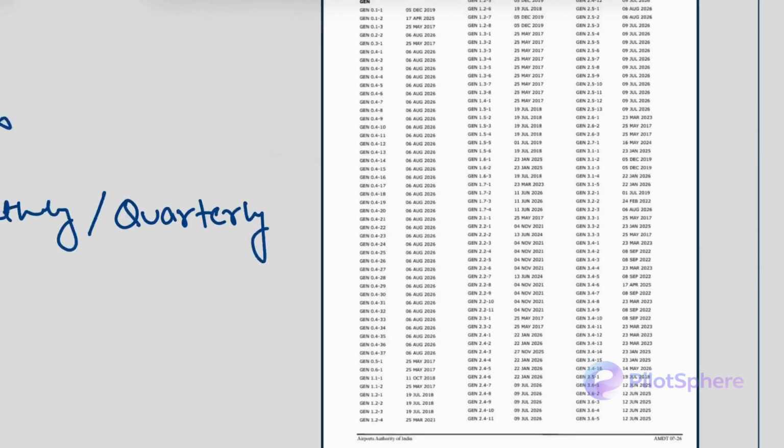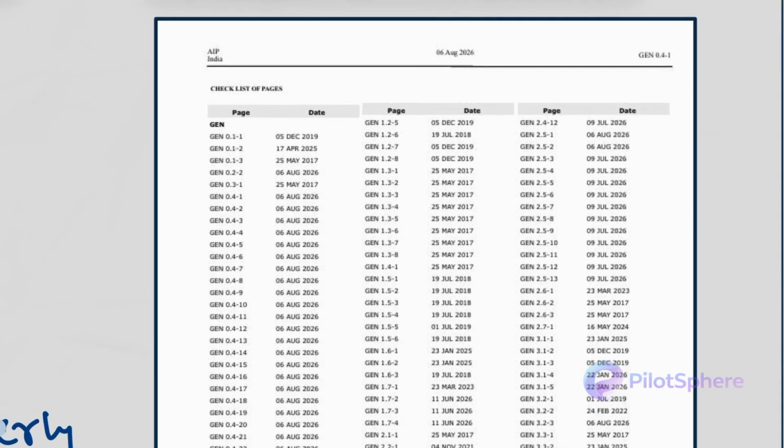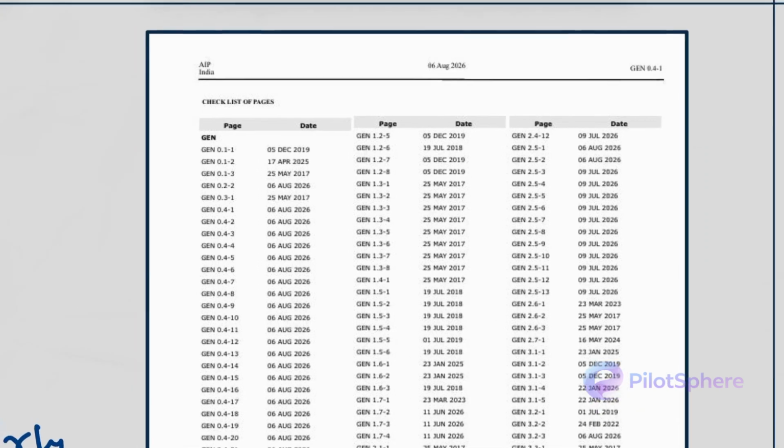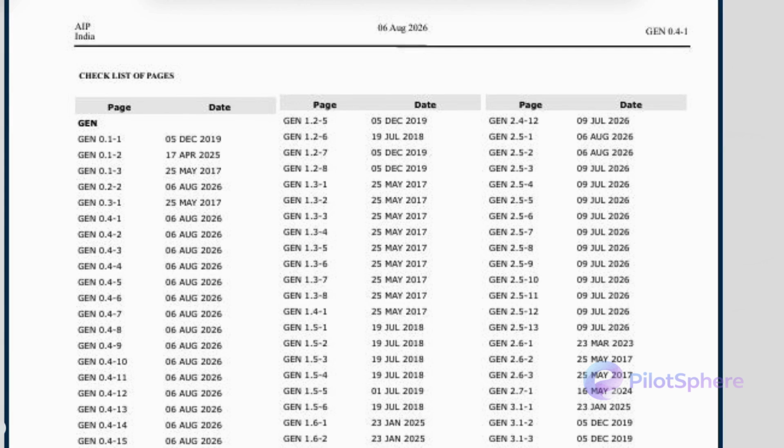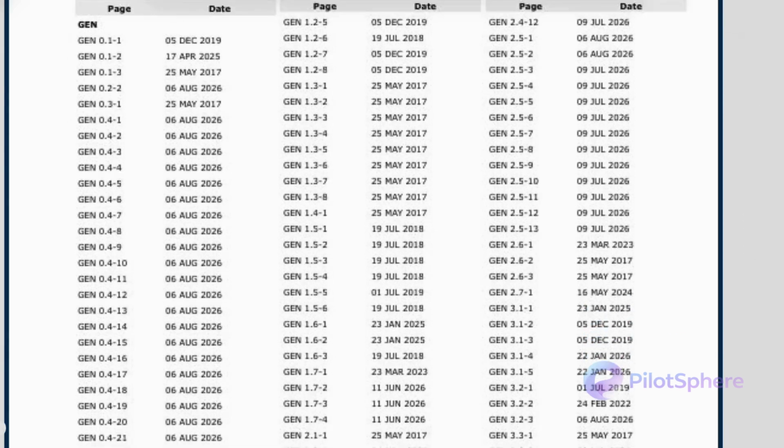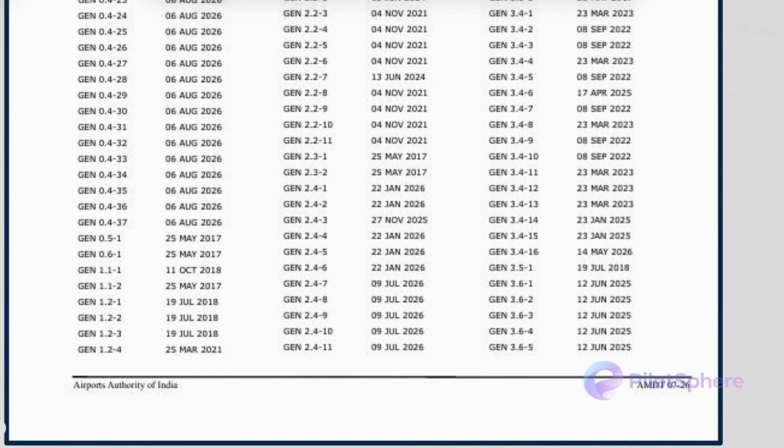So it will look slightly something like this. You can see that each of the pages is outlined and exactly when they are going to expire, right? So this is just one of the samples where I've gotten one page of the checklist and it will mention exactly when each is valid. Okay, quite cool.